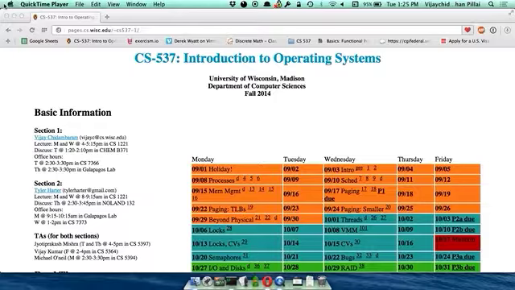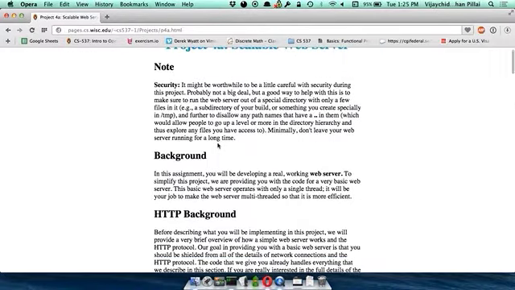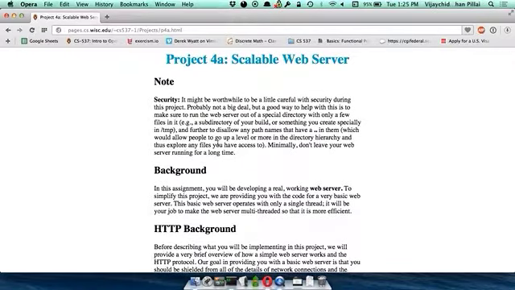I was actually planning to answer some questions about P3B if people had any, and then move on to P4A. But if not, okay. All right. P4A, in my opinion, is sort of the easiest project that you will have this entire semester. You already know all about concurrency and locks and acquires and pthreads. So this should just be a simple exercise for you.